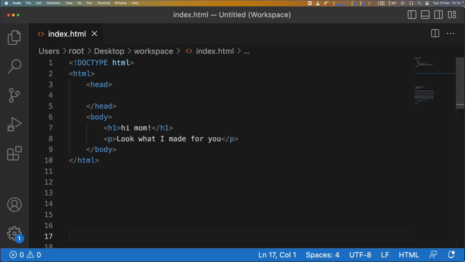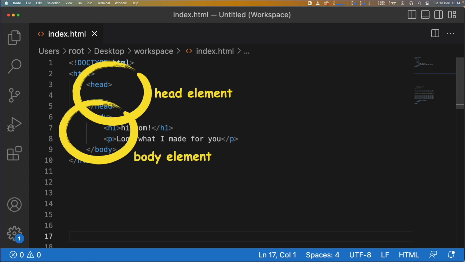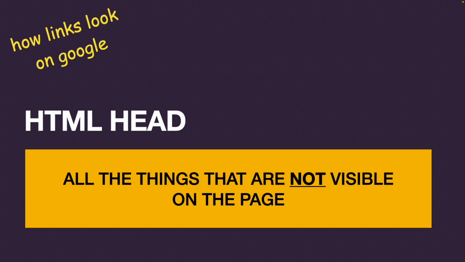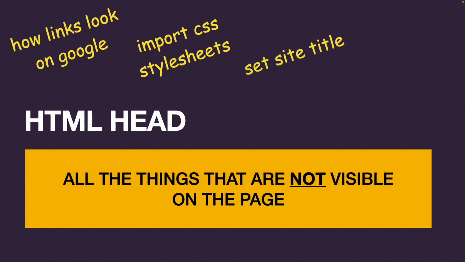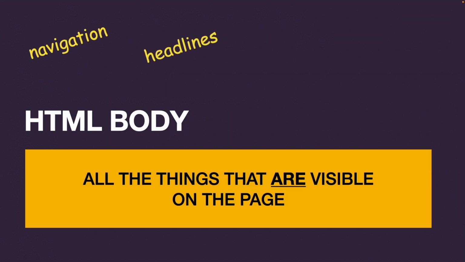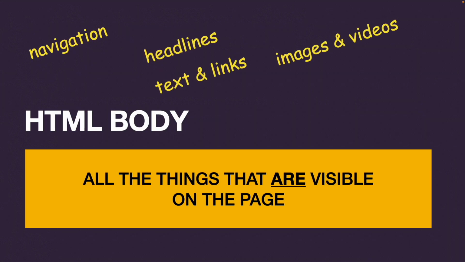An HTML document consists of a doctype element and an HTML element, where the HTML element contains a head element and a body element. Generally, the head section is for invisible things like importing CSS, setting the character set, and the viewport, but it's also where you set the title of your page and the meta description that allows Google to say something about your page. The body section contains all the visible stuff, such as the text, the images, and videos, but the